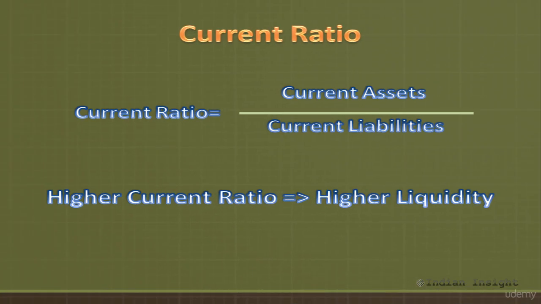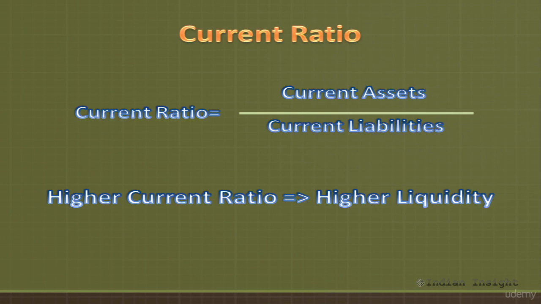The current ratio is calculated by dividing the current assets by current liabilities. Current assets are short-term assets. For example, when you sell goods on credit to someone, it results in a current asset on your balance sheet, which reflects the fact that the buyer owes you some money. Similarly, current liabilities are short-term liabilities. For example, when you buy some goods on credit from someone, it results in a current liability on your balance sheet, which reflects that you owe some money to them.